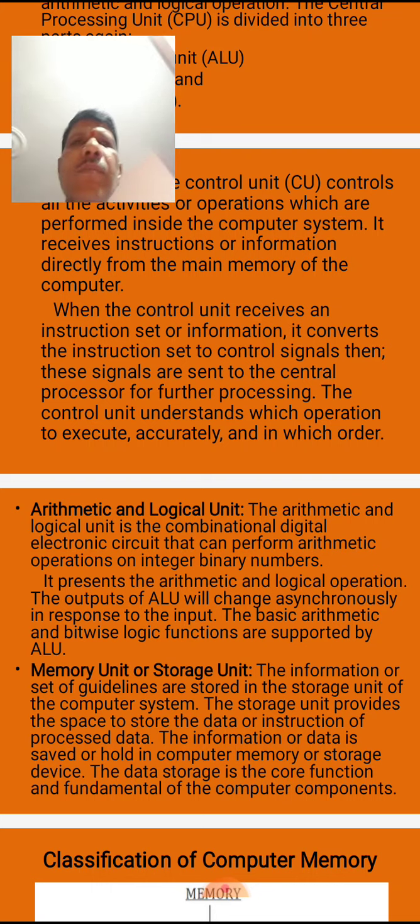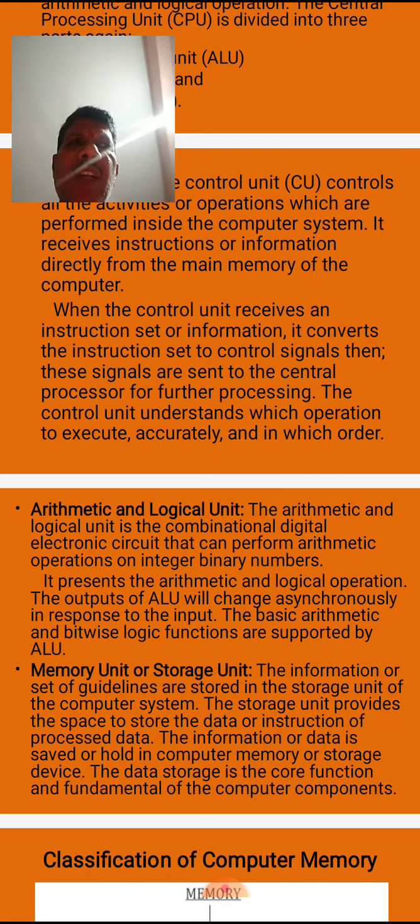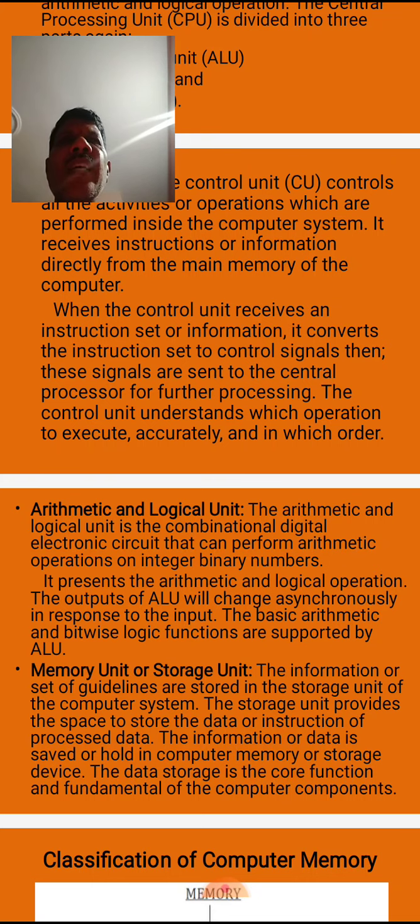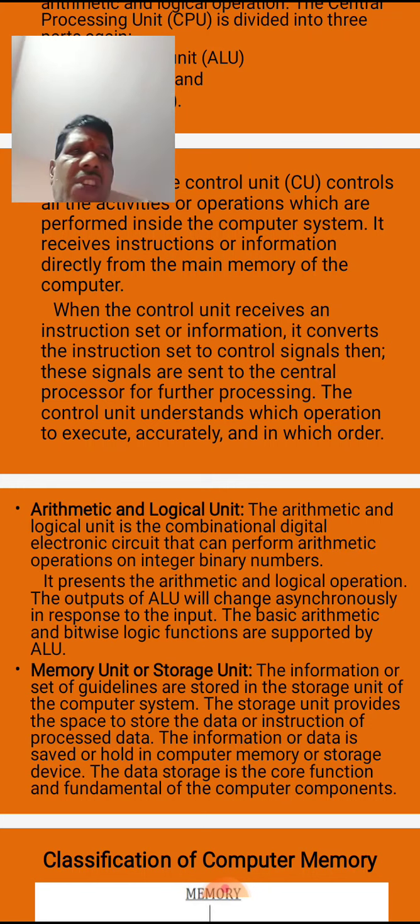But to perform such operations, the computer needs some memory. To process the job, to process instructions, to process programs, some memory is needed. And after the completion of processing jobs, the results must be stored in the computer. For that purpose also the memory is essential. So the computer has another important component, that is the memory unit. Generally it is called the storage unit.